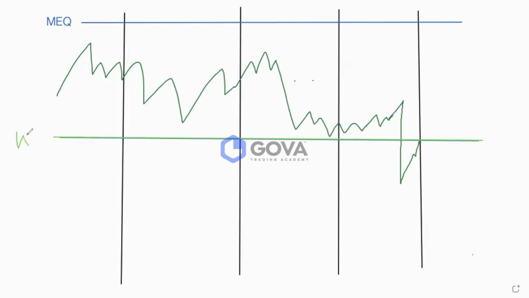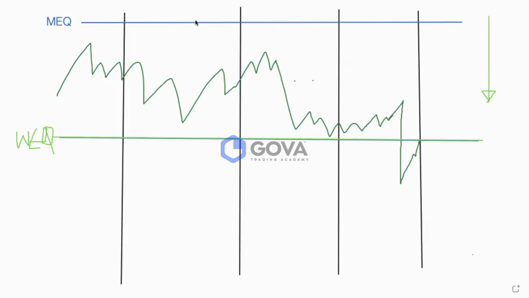So if the weekly EQ is a green line, you can see the alignment we have. It means that the alignment we have is a sell trade alignment, isn't it? In a sell trade alignment, what we are looking for is before the new week open,